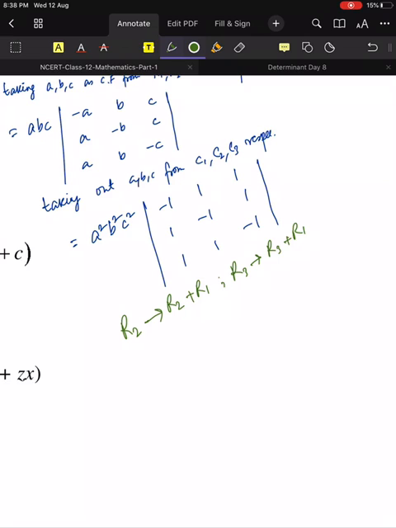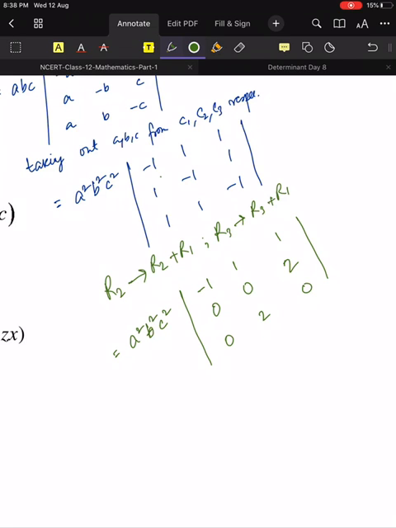Always keep the problem. I don't have to subtract. Now I will just have to add, because subtraction is complication. Addition is easy. So it becomes what? R1 elements will remain the same. This one becomes what? Tell me fast. 0. Then? 0. Then 2. Then? 0. 2, 0. Yes. Let us expand now.